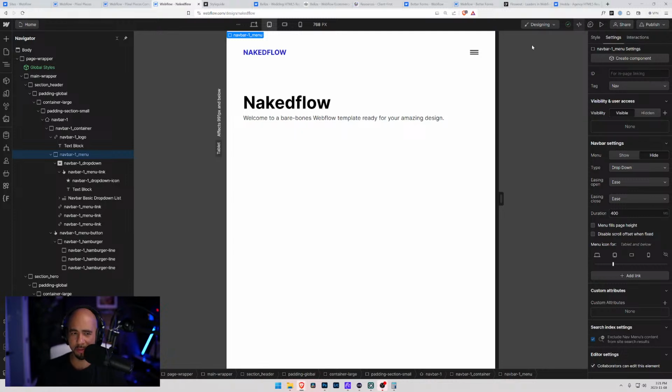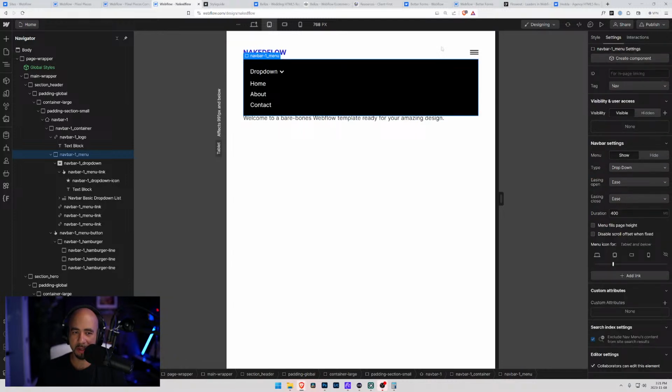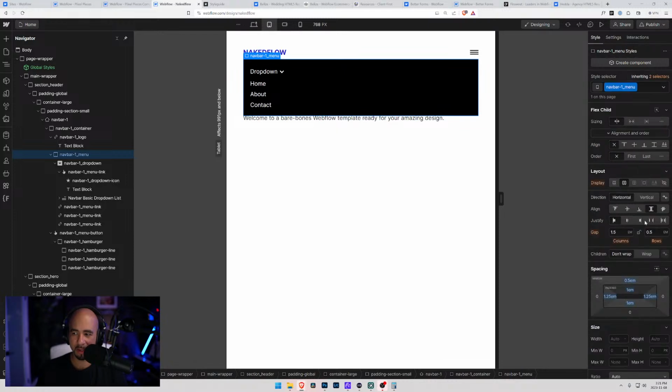Let's see if we can figure this out. So, right. This menu specifically is going to change its appearance when it's shown. So let's have a look here. Right, because this thing here,